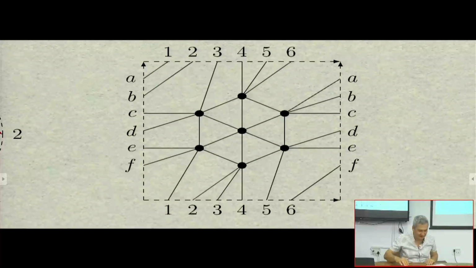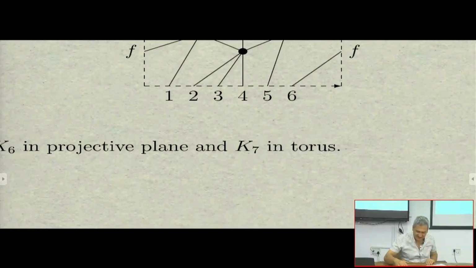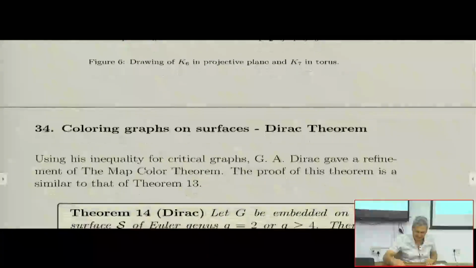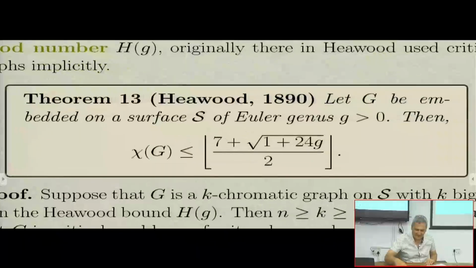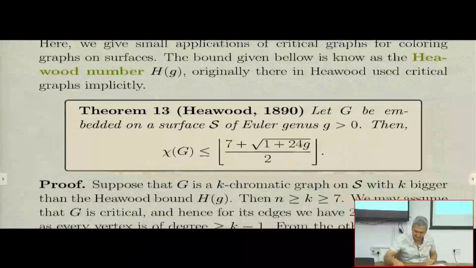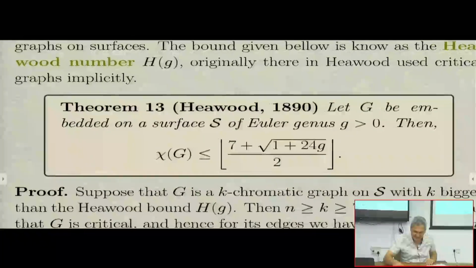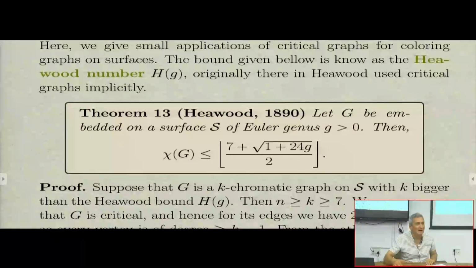That was done by, this is here, no, we go back. This is this theorem. He is by the way an Englishman. Maybe he has been to India at that time. So Heawood in